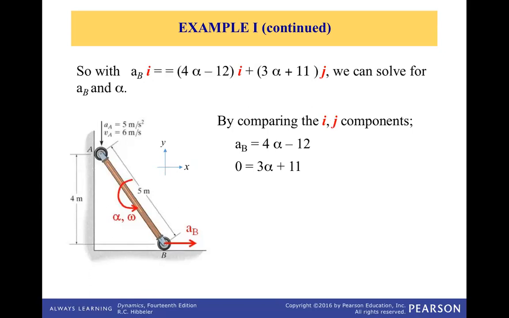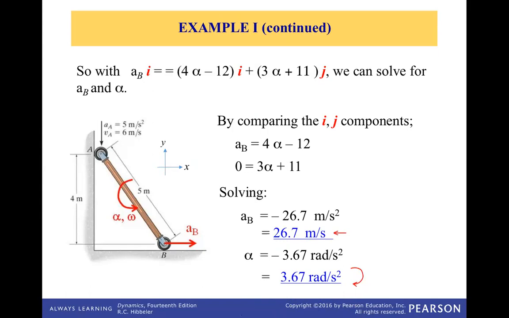So setting up those 2 equations, for the I and J components, okay, I component on the left should be equal to I component on the right, J component on the left should be equal to J component on the right. Then solving for the two unknowns, you get